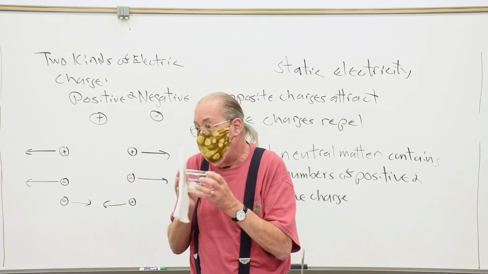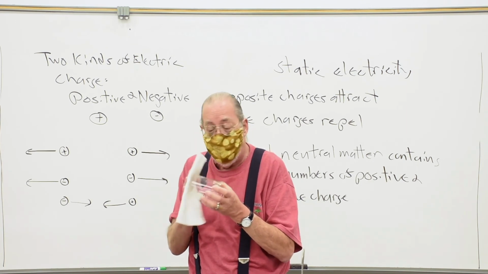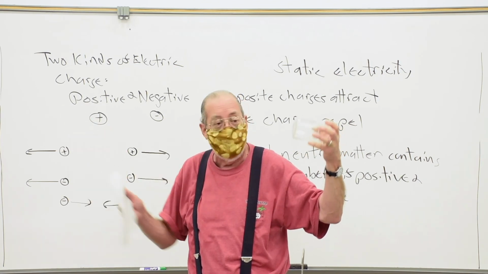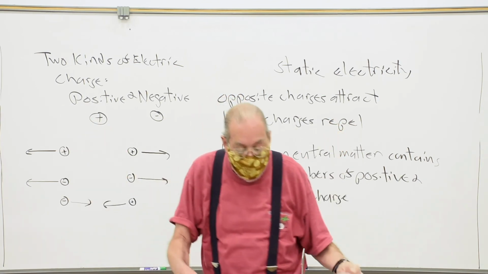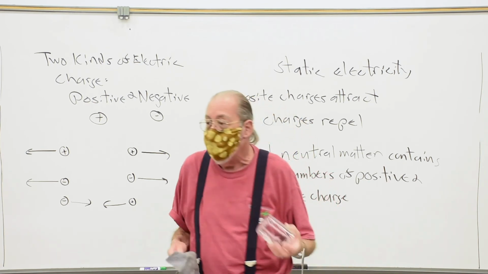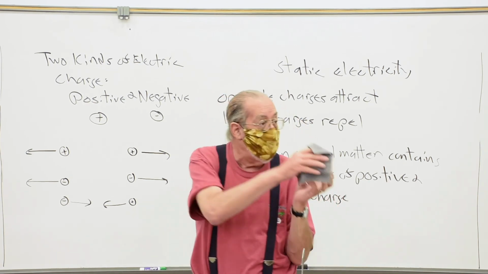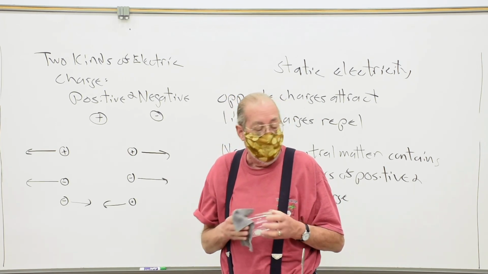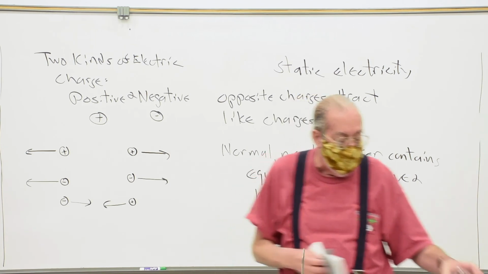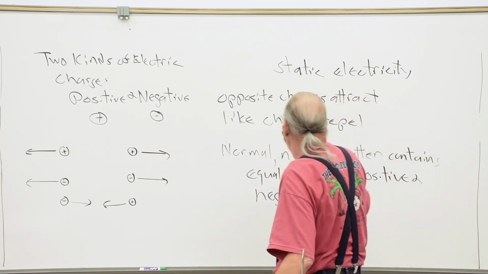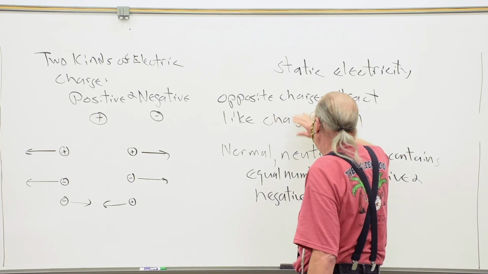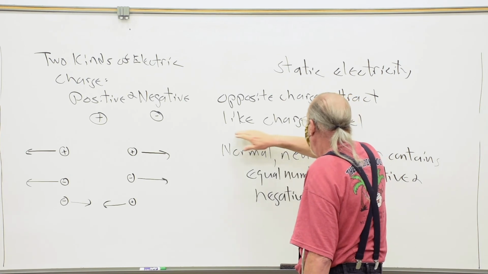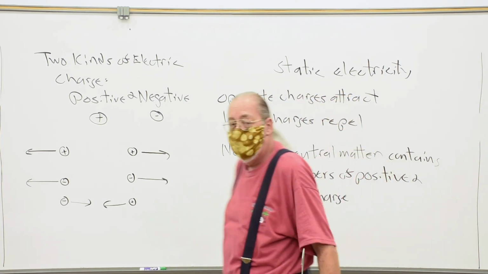So when you rub them together, you separate the charges and you produce an imbalance, and you get too many negatives on one and not enough on the other, positive, negative. Change to a different kind of fabric, and it might get transferred the other way. It just depends on what we call the electronegativity of the thing. We're not going into that. The point is that you can move the charge around, and like charges hate each other's guts, and opposite charges attract, like charges repel and hate each other.